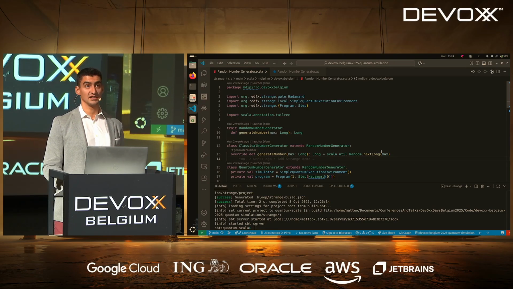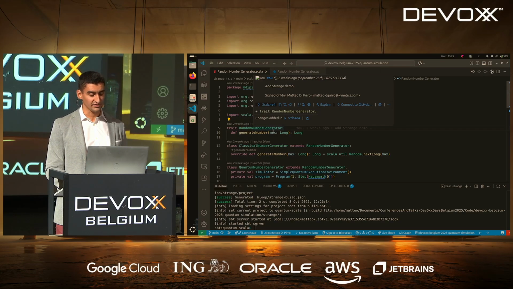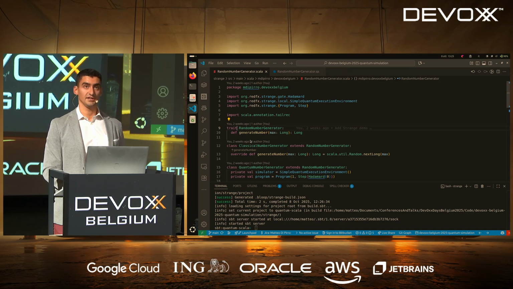Now, I am mainly a Scala developer, so to also show the interoperability of quantum and classical computing, I wrote a short Scala example. Now, you can see here we have a trait. This trait is an interface if you don't know Scala. It's more or less the same as an interface, with a single method to generate a number. Now, I also have a classical implementation which relies on the random class from the Scala standard library. But if you look at the documentation of this method,